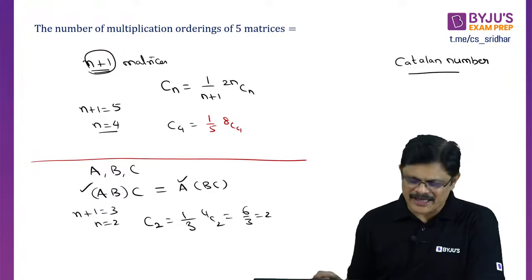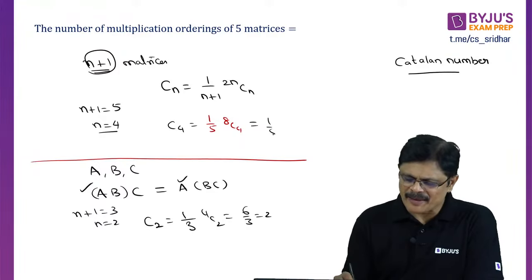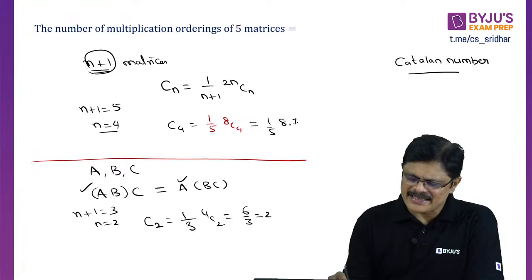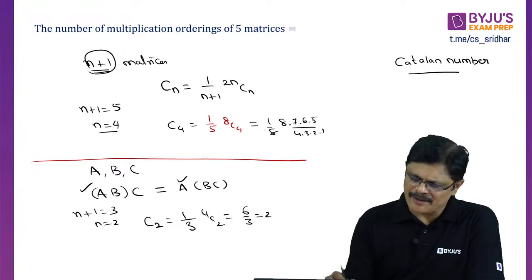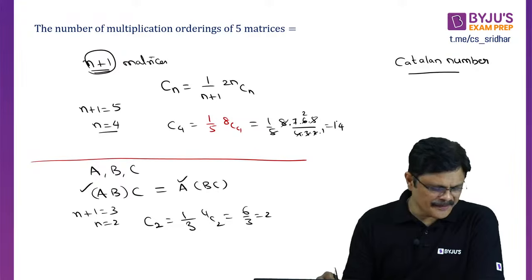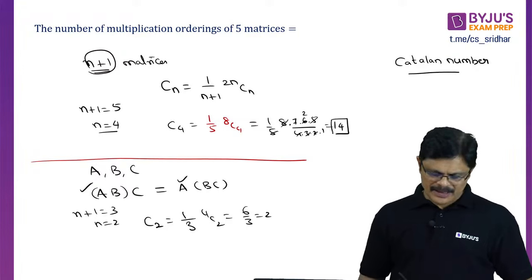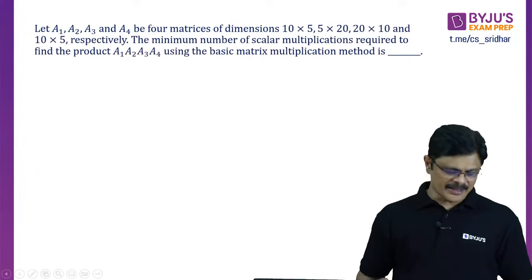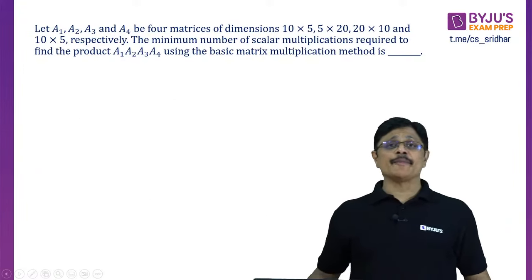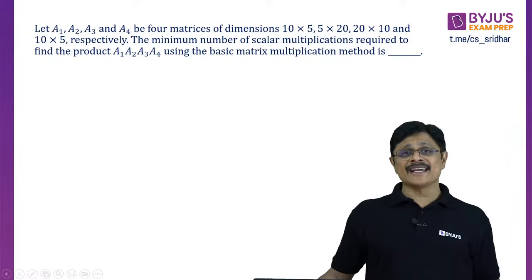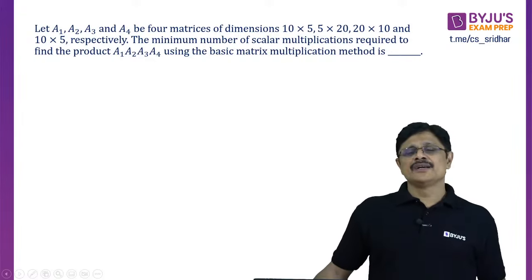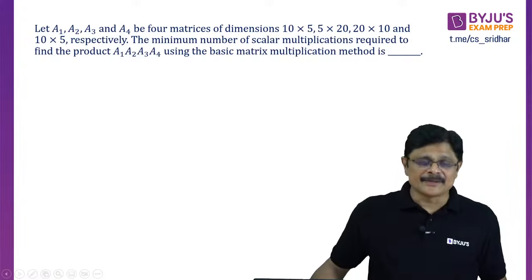Tushar Babu, simplification, who will do? 1 by 5, 8, 7, 6, 5 by 4, 3, 2, 1. 5 gone, 4 2's 8 gone, 3 2's which is nothing but 14. So much time for one simple problem. Remember Catalan number, sir. Remember Catalan number, it is the answer for many problems. Our formula is Cn, which is 1 by n plus 1, 2n Cn.